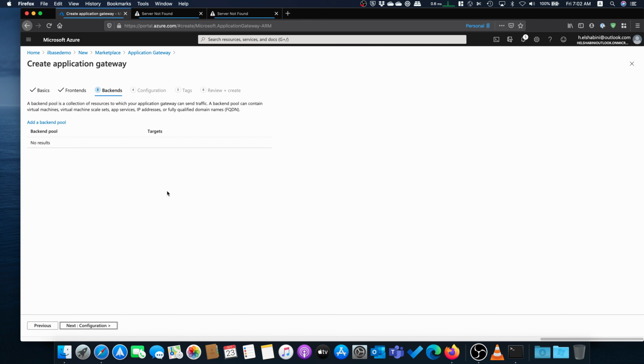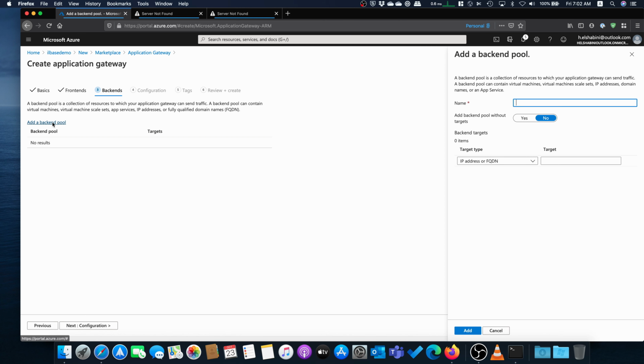And next I choose the backends, which is the backend server you want to talk to, and here it is going to be ILB ASE demo. Do I want to create a backend pool without a target? Well, I could, but I don't really need to. But here the target is going to be the